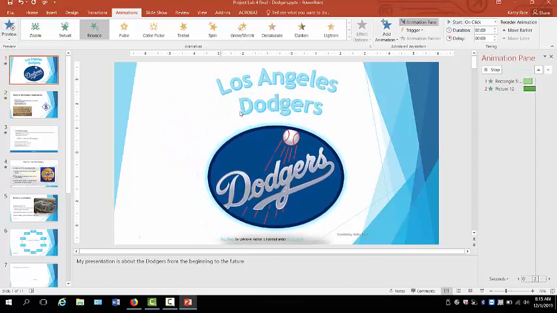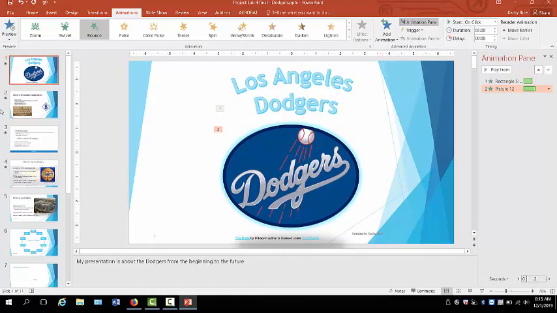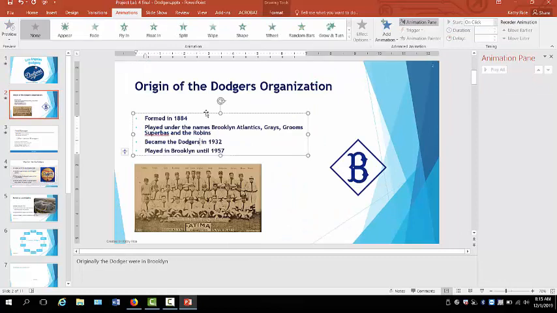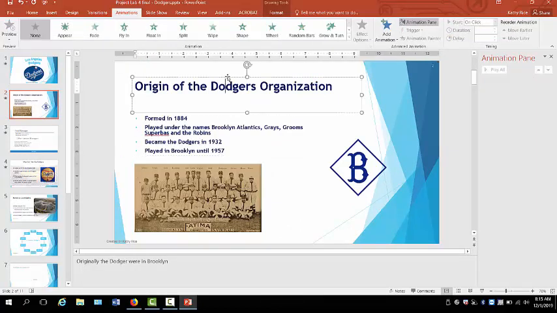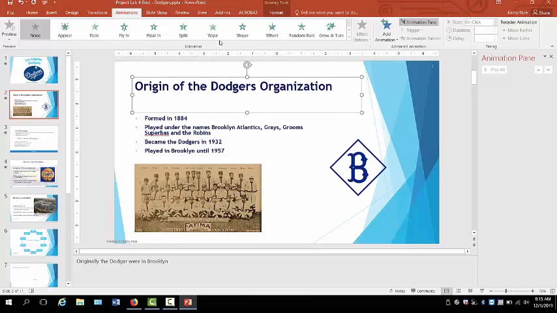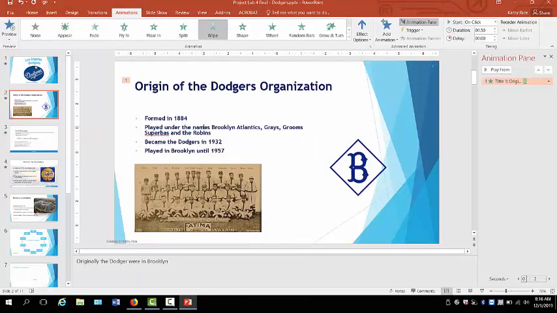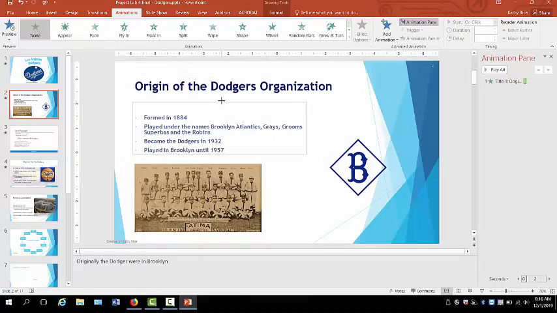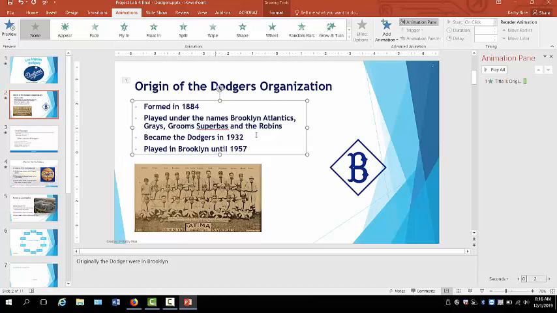To me, that's the correct order. So you can play with your animation, and you animate each individual object. So if I want to animate this object, I'm just going to pick some objects, pick some animation. Now this is where, when you have more than one line, and I'm going to increase this so you can see it better. If I want to do the animation on this one,